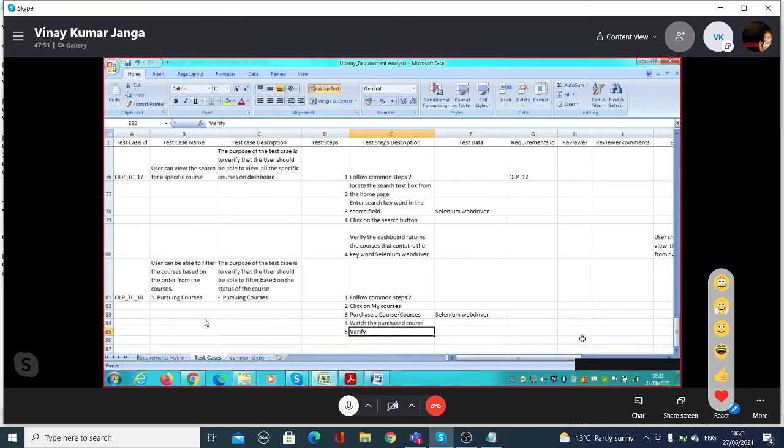Otherwise, there will be opportunities where you can bunch some of the steps together to reduce your steps. For example, login. Click on login from the home page, enter username, enter password, and click on the login button. There are four steps, but when you say login into the system, one step covers all these four steps. But these are scripts, so you have to remember the steps should be correct as well. Okay, let's go and write it.